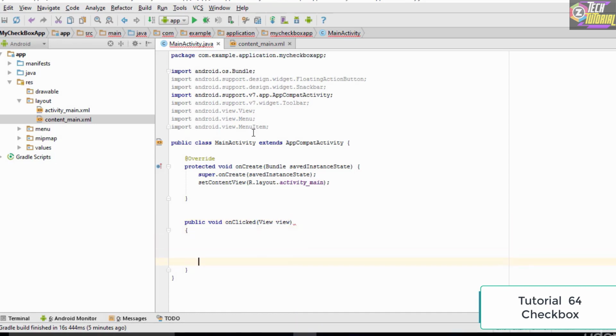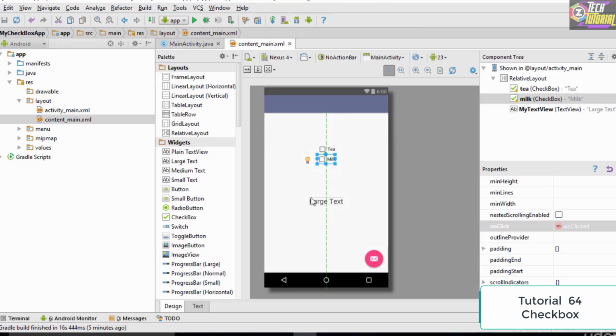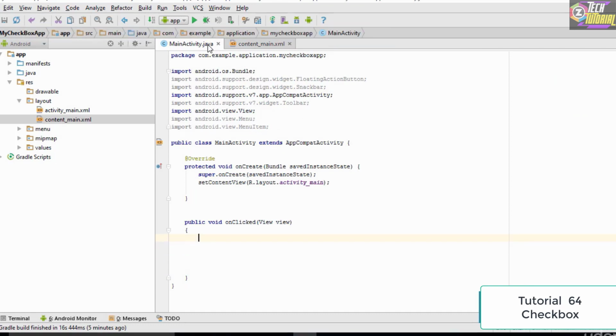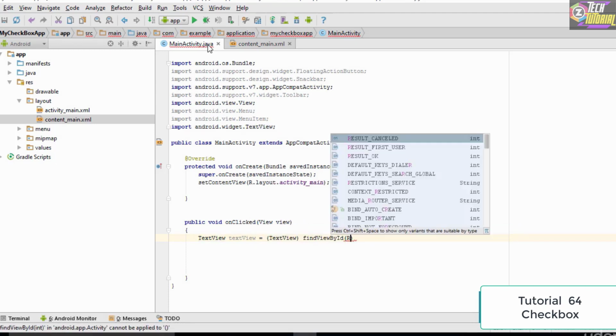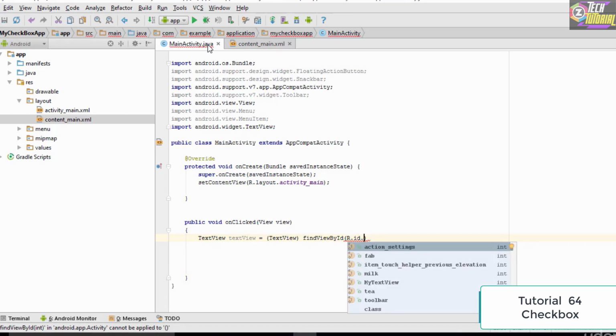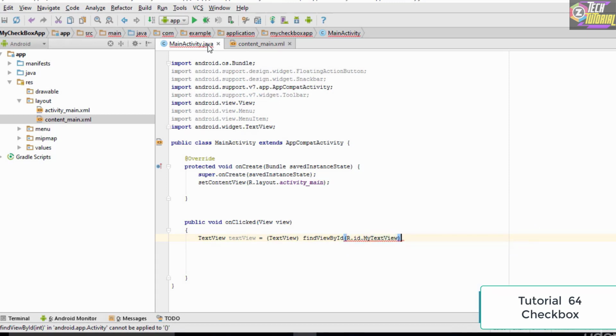And within these methods, the first thing which we actually need to do is that, as we are going to change the text view right here, we are going to have a reference to this text view. So in order to have a reference to the text view, let's name it as textView. Then we type this equals, then we typecast it. So we type TextView here as well, and then we type in findViewById R.id. The ID of our text view is myTextView. So once we have a reference to it, we are good to go, and we could proceed further